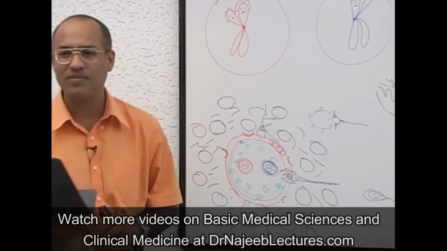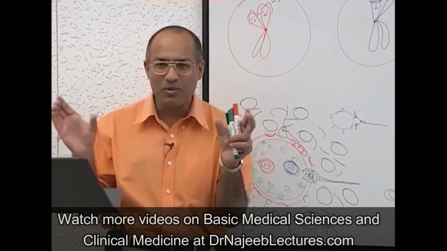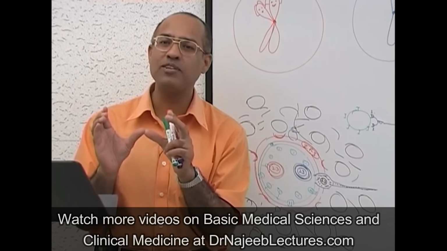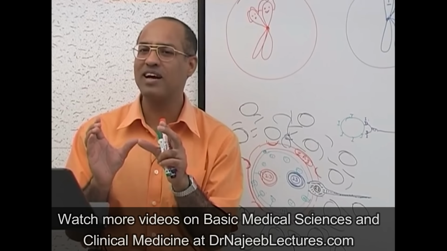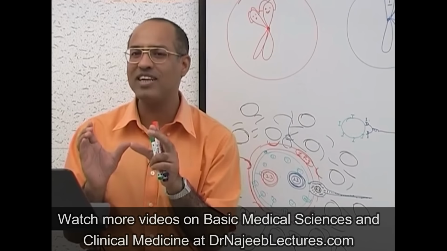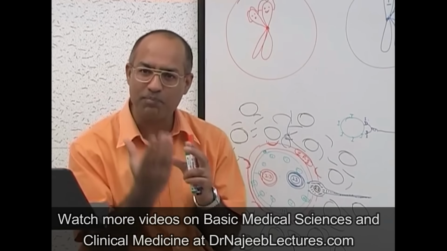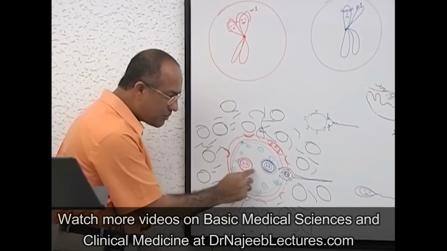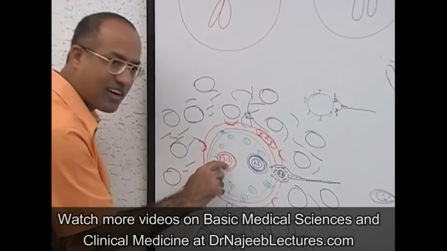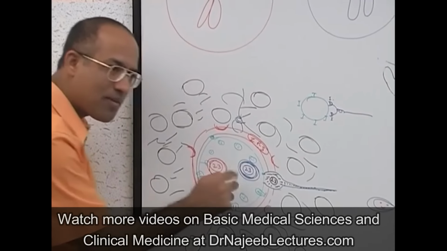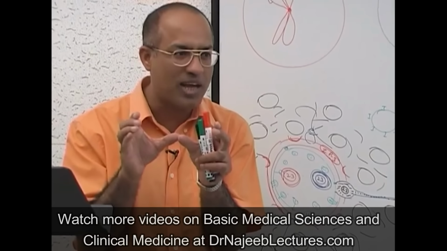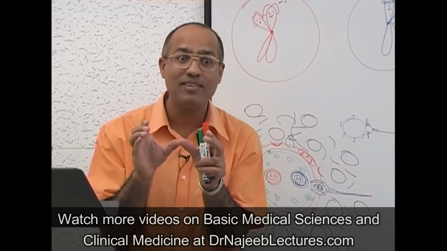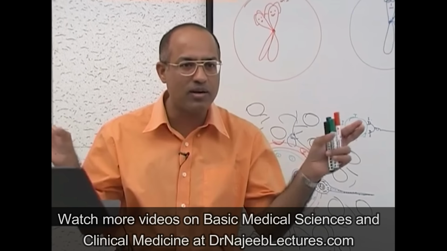And after that what happens? They will come together to each other. And you know, the whole purpose of all this was to combine the maternal genetic material with paternal genetic material and make a new person in the world with a unique combination. Now, when they move to each other, here are the paternal chromosomes, here are the maternal chromosomes, the only barriers are these membranes. So as these two pronuclei, male and female, meet with each other, they immediately, no, they touch and run away. They are rubber balls?